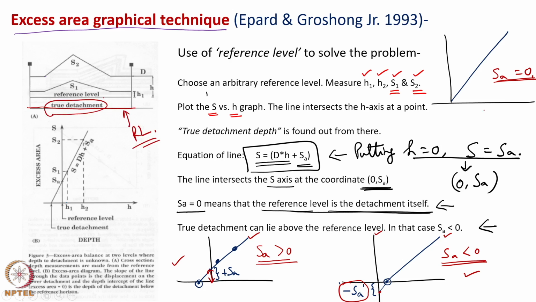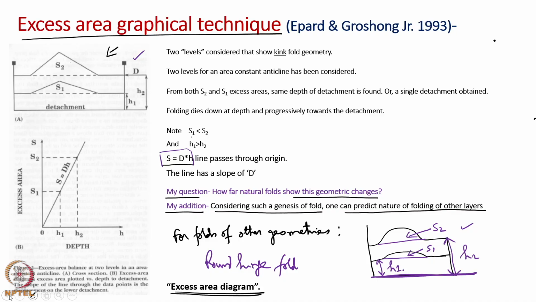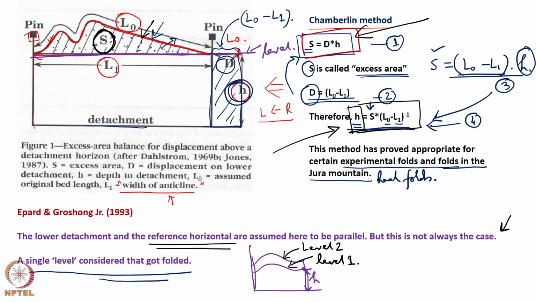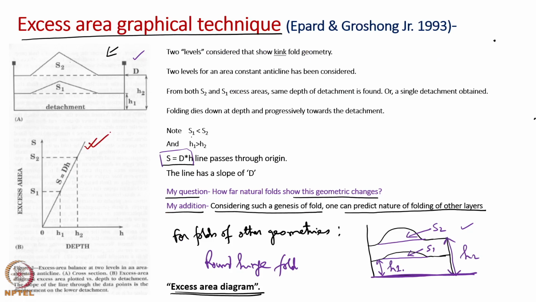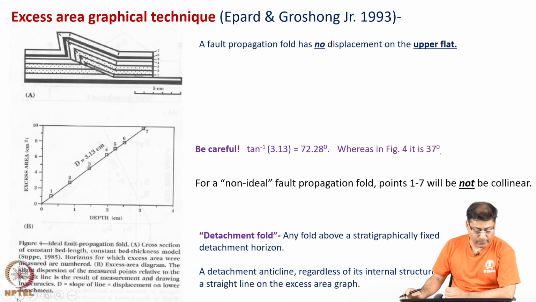This case will be reflected in this graph as SA equal to 0, the line will pass through the origin (0, 0). Here the equation of the line will not be S equal to dH plus SA, but since SA is equal to 0, it will be S equal to dH, and this goes back to this particular equation and this simple graph. So, what we have learned in terms of excess area graph, let us apply it on a